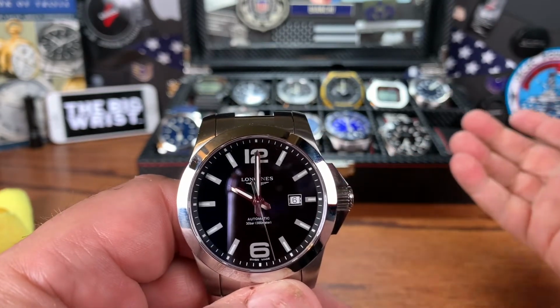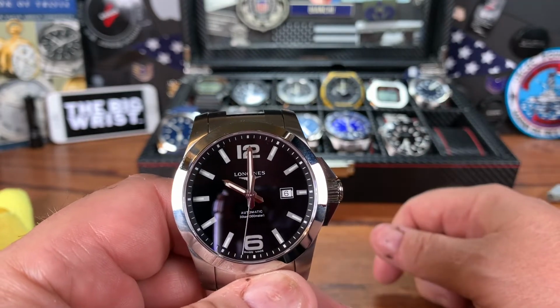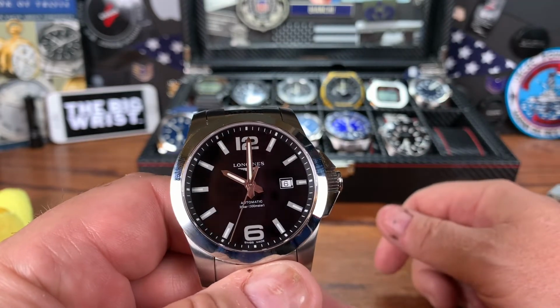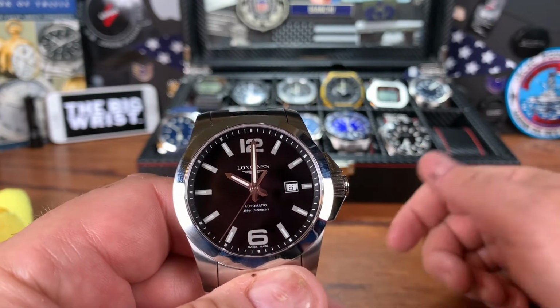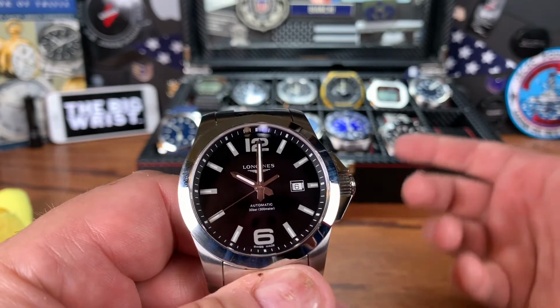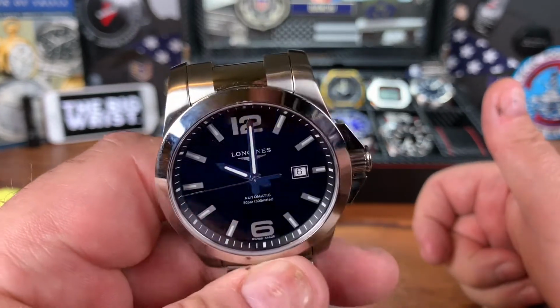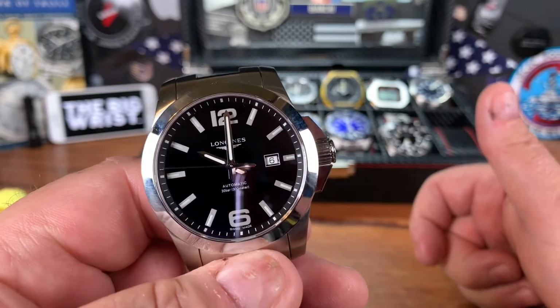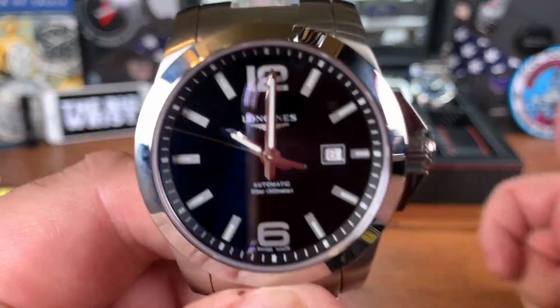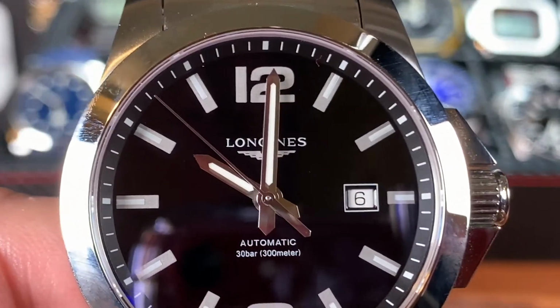But now I have 12 watches in the box, and I'm not going to worry about the power reserve because I wear this thing enough. I wear it every 10 days, probably every 8 to 10 days. I wear 2 watches a day, some days, most days. So, like I said, for a week I've had this on straight, and been very, very happy with the watch overall. So that's my review